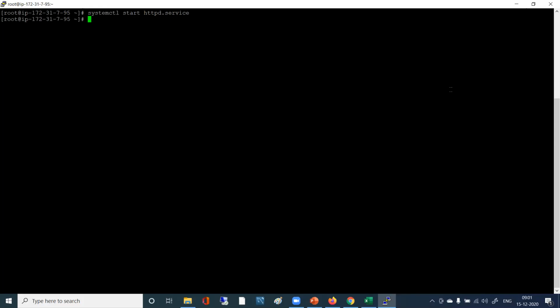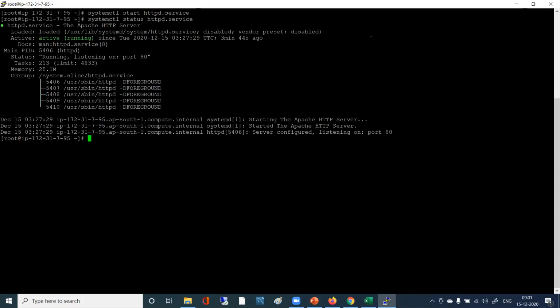Are you getting the command like this? Yes. Now again you have to run that. Go up arrow, choose this command, systemctl status httpd.service, and press enter. Okay. What does it say? Now it is active, running. What about you, Dharma? Yes, for me the service started. Perfect. Same screen, right? Yes.